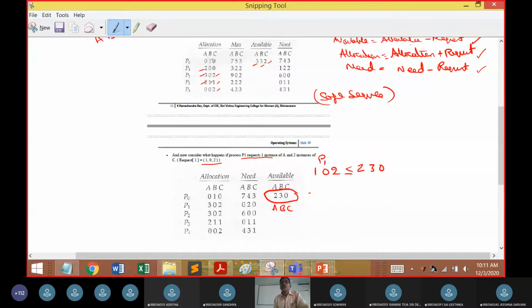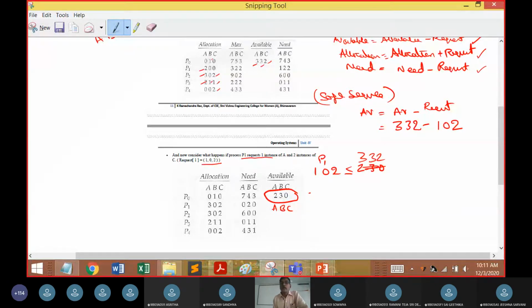So available is equal to available minus request. What is available here? Available was 3, 3, 2. And what is the request here? The request was 1, 0, 2.